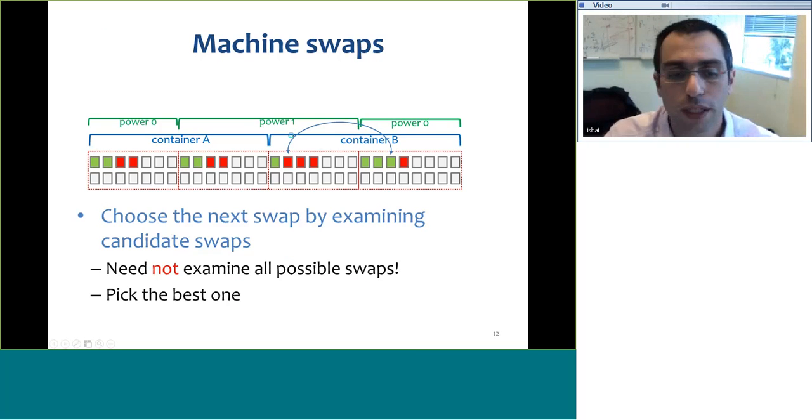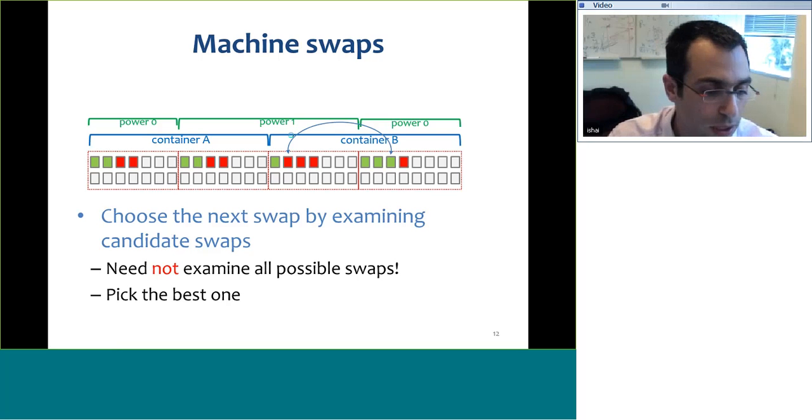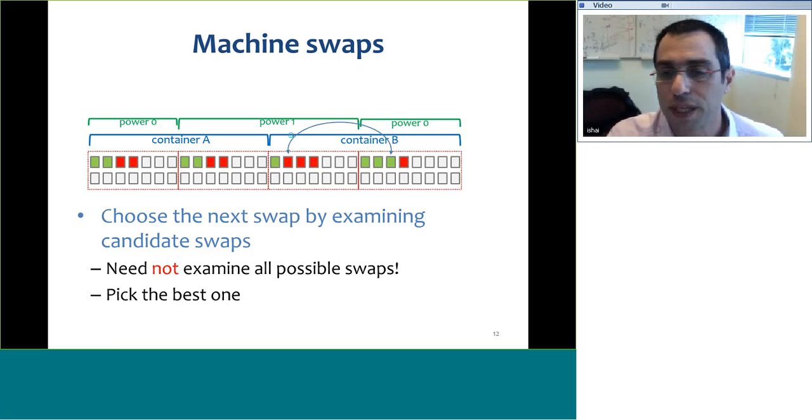So actually, in practice we of course don't examine all the possible swaps. What we actually do is pick a large enough number of swaps, and we take the best one out of these swaps that are examined. And this is good enough, just the intuition that, if you recall from convex optimization, you don't necessarily need to move in the gradient descent direction, as long as you have a negative derivative. You can move in a so-called descent direction.